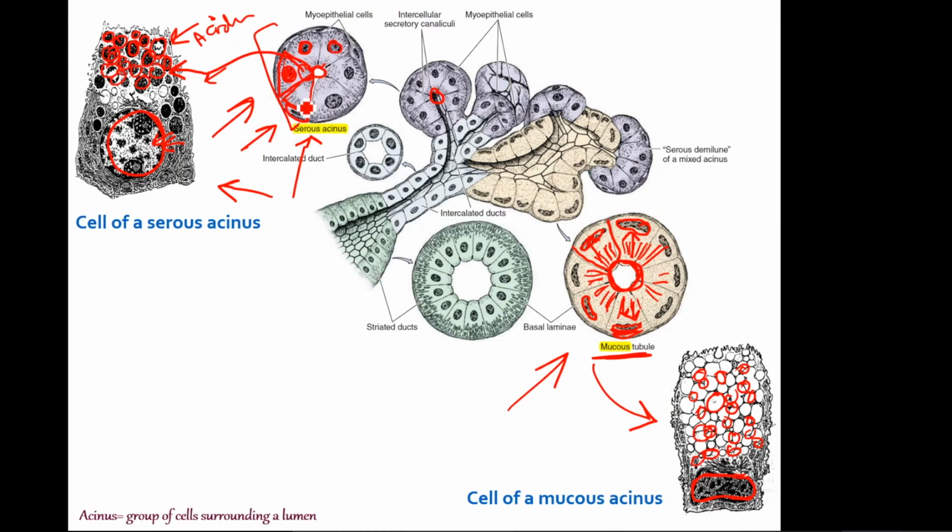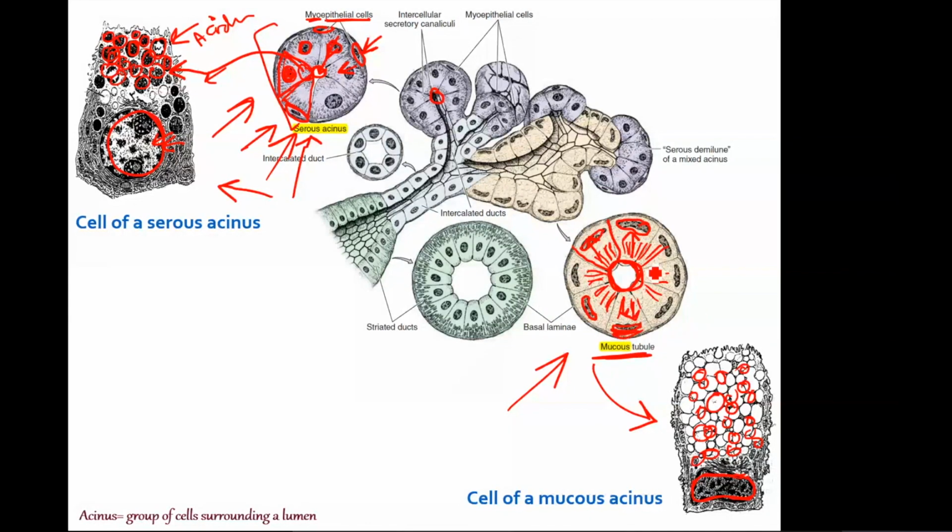There is a cell here outside these cells. These cells are modified epithelial cells known as myoepithelial cells, which have a function in contraction. That means when they contract, they squeeze the serous acinus to empty their secretion into the lumen. And they are few in number in the serous, because serous has watery secretion,